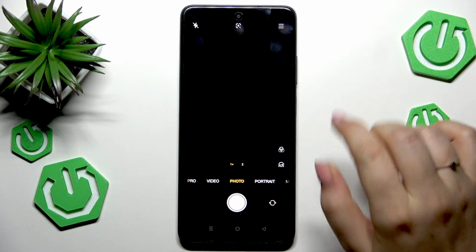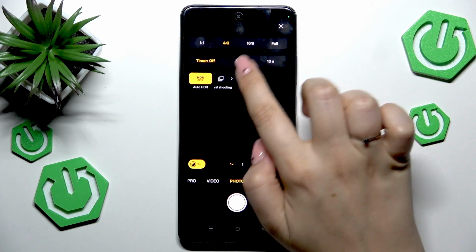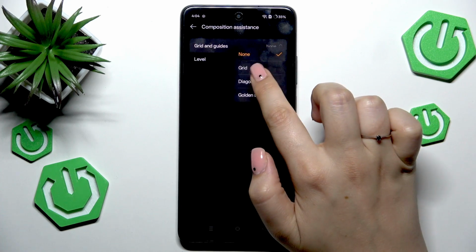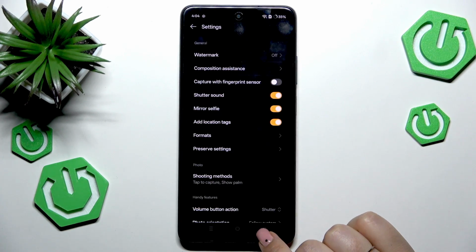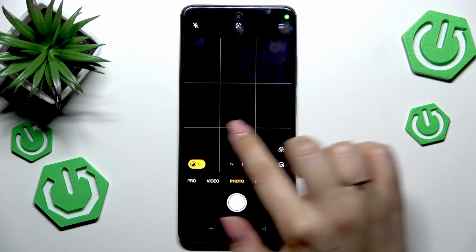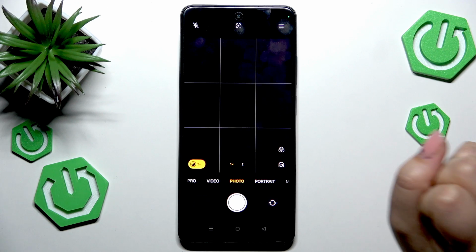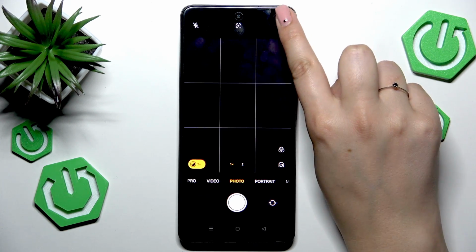And before we start, let me quickly go and turn on the grid lines. And in a second I'll show you why. I hope that you can see them. I've applied that because I'd like to show you visual evidence that the reset option will work, so they should disappear after resetting. So to reset the settings, we have to tap on this three bars icon in the right upper corner